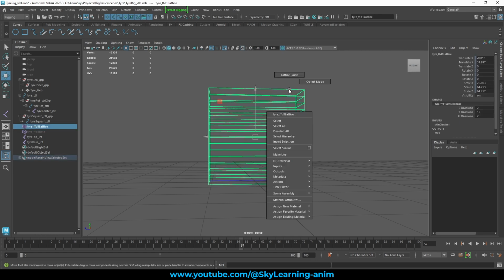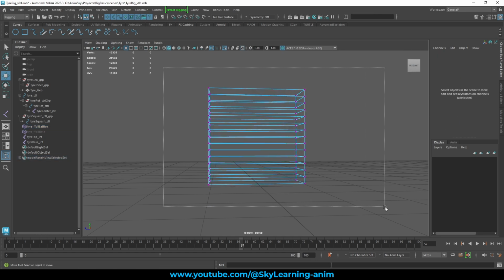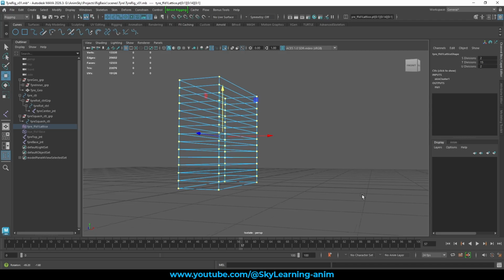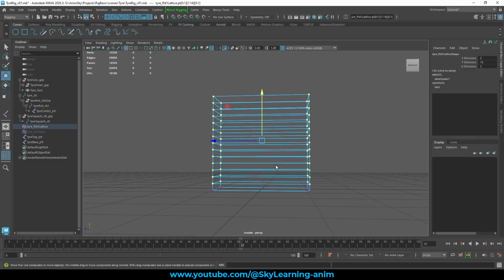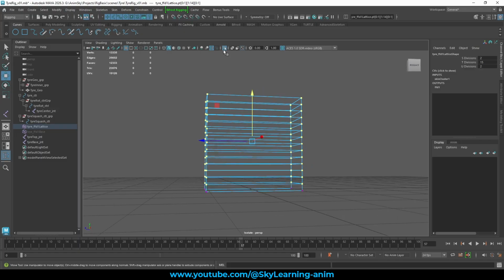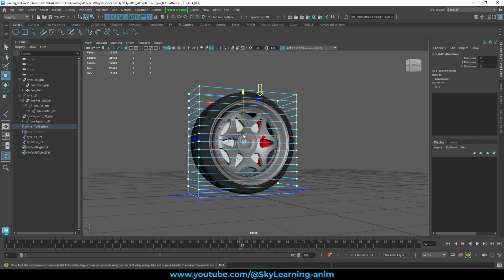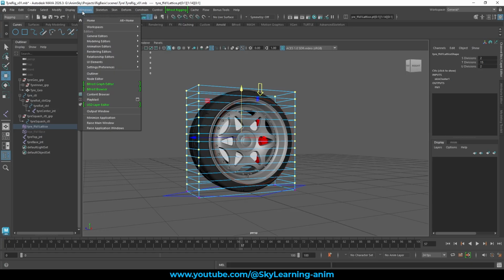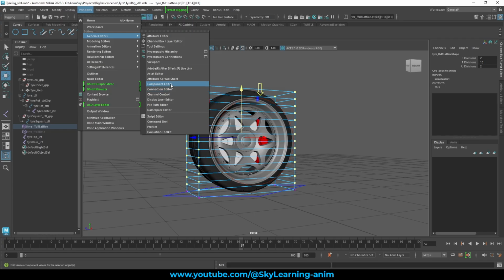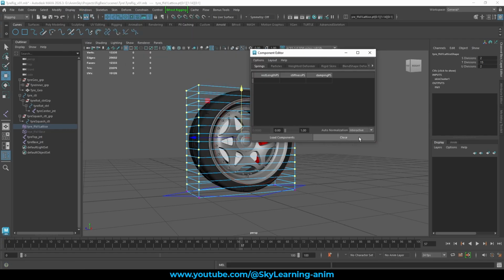Select the lattice, go into the lattice point, select each and every vertex. So we're going to isolate this bottom four one, and with this we will see how to paint the weight over here. So go to Windows, General Editor, then go to your Component Editor, and in this Component Editor make it a little large,